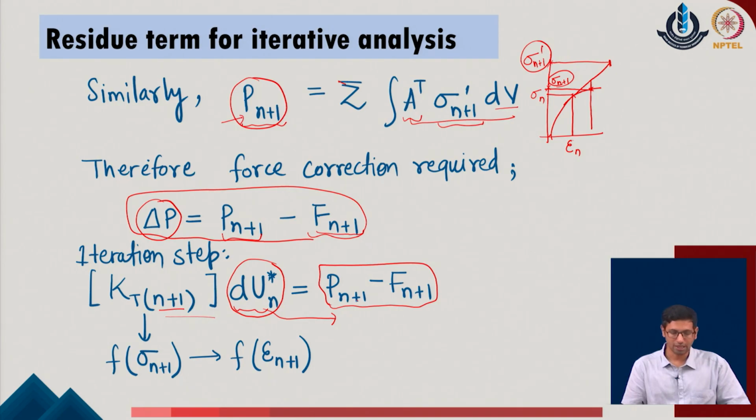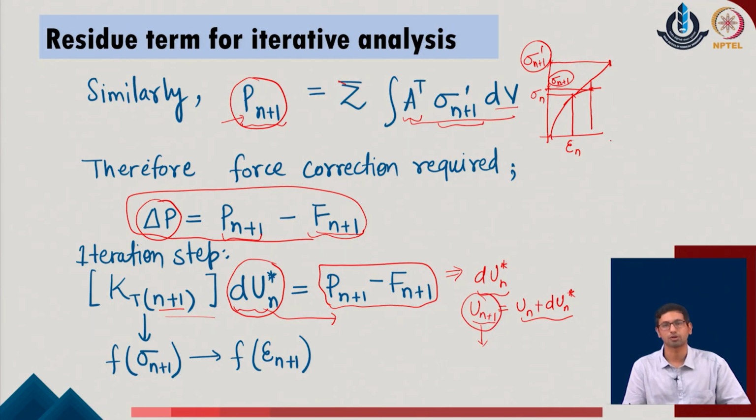The moment I get this difference corrected, say the user evaluates the du n star value in the given system, we provide this du n star value to evaluate u of n plus 1, and that can be simply done as u of n plus 1 equal to u of n plus du of n star in the given system. And this value of u of n plus 1 which has been obtained will now be utilized as the updated displacement of the given system.